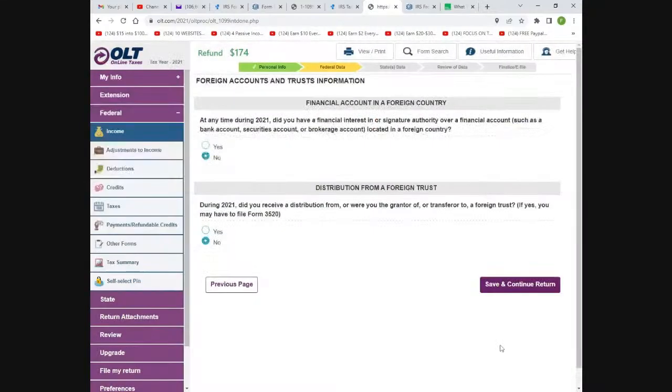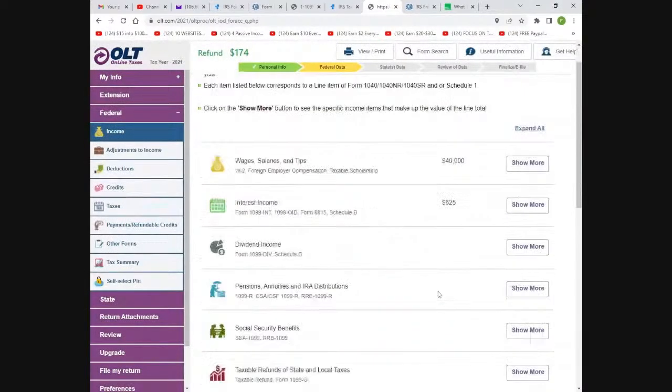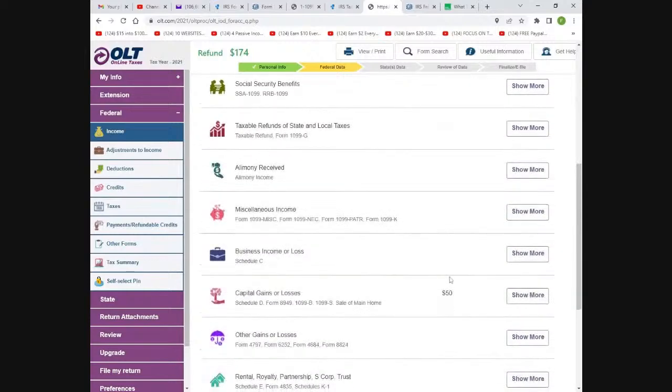Okay, so save and continue a return. Do you have any foreign accounts or distribution from a foreign trust? So you can put yes or no. If it applies to you, then just follow the steps and go through it. And then next is